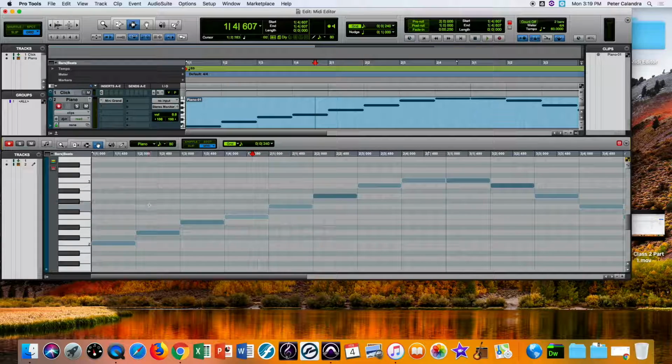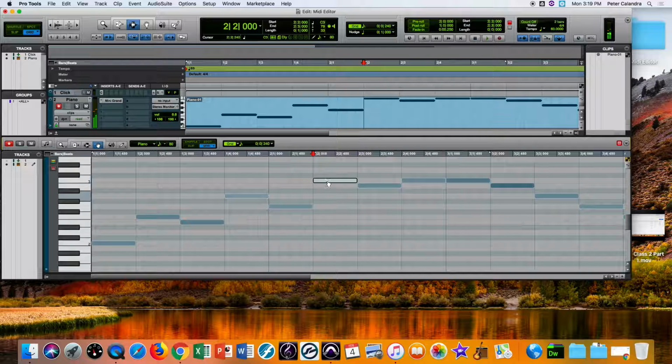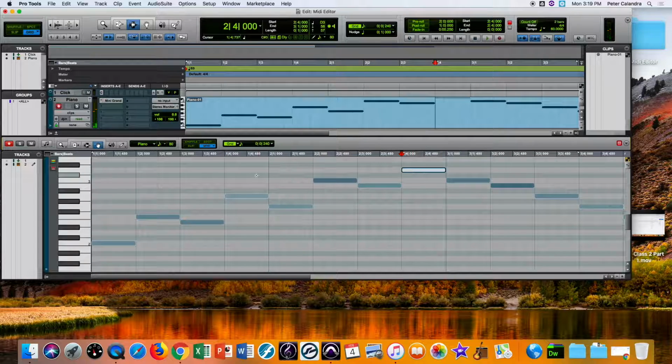Okay, let's say I want to go from C, F, E, right? I could click and just drag straight up. Click, drag straight up. Right, so now I've got,